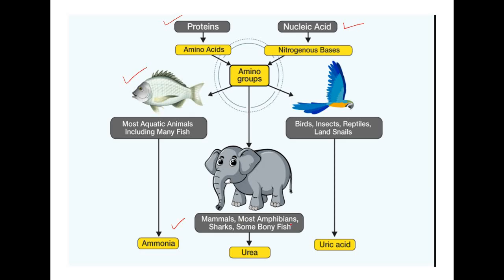And in mammals, most amphibians, sharks, some bony fishes form urea as their waste material, and birds, insects, reptiles, uric acid. Okay, you can say this. So according to the nitrogenous waste, three kinds of animals are there: ammonotelic, ureotelic, uricotelic. Okay,